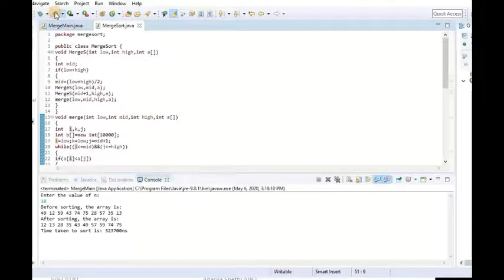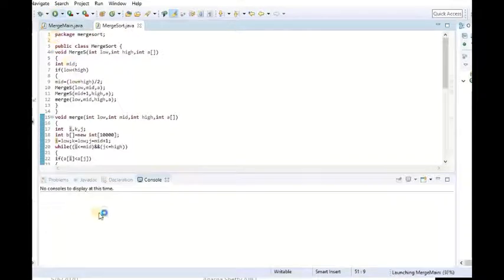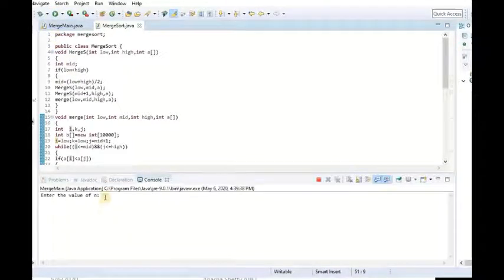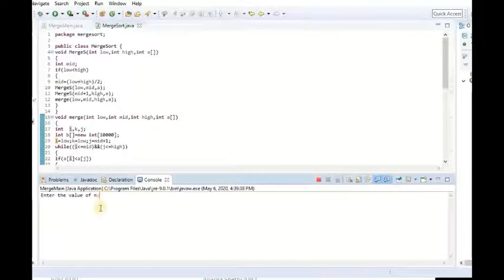We will run and see here. First, it will ask the user to enter the value of n. In the program, random numbers are generated.